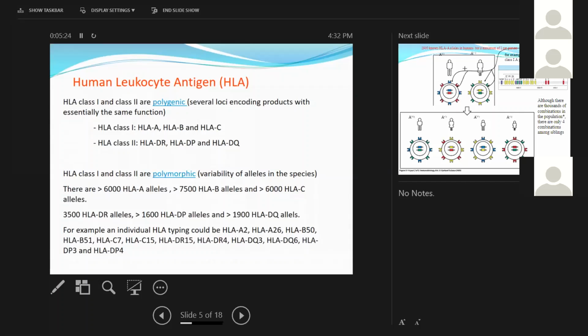If we type an individual, this is an example we have here. We can say an individual has HLA, for example, A2, A26, B50, B51,